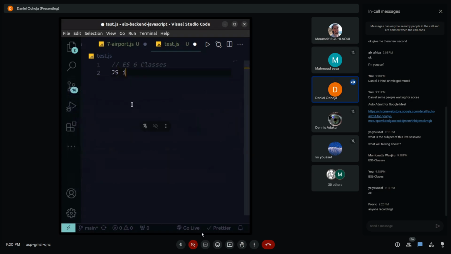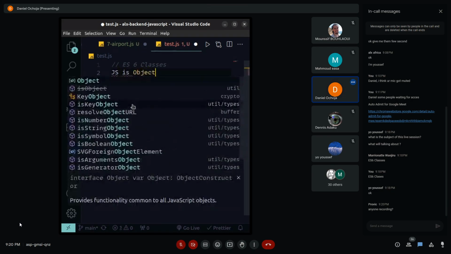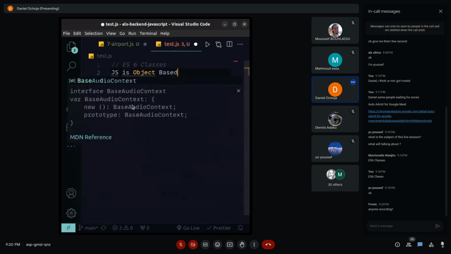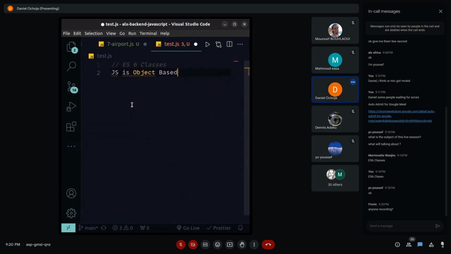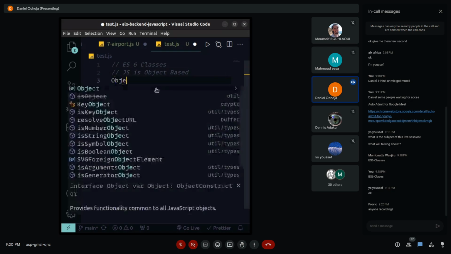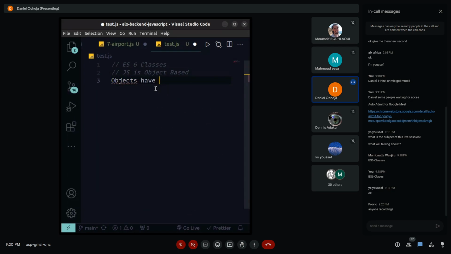JS is object-based, and most objects have prototypes. Now, what are prototypes? Prototypes for objects are like fallbacks. And when an object